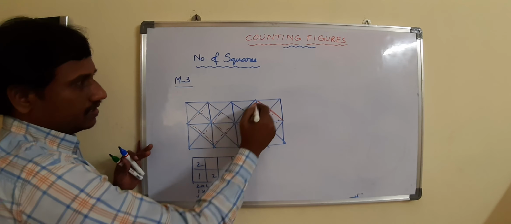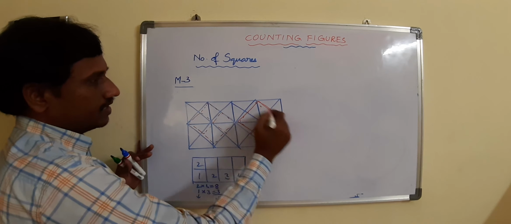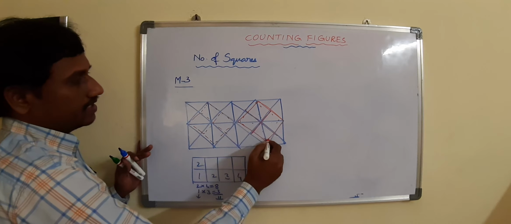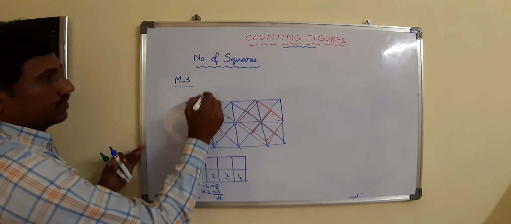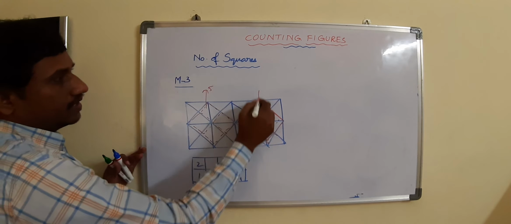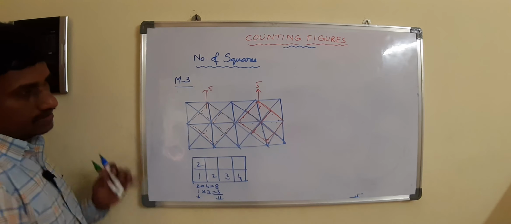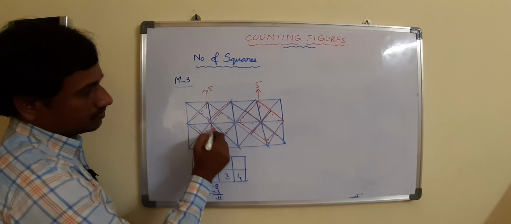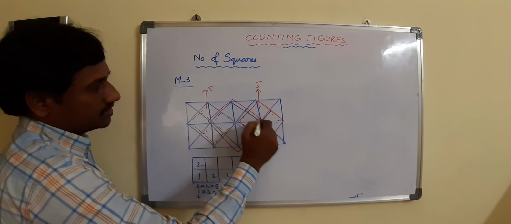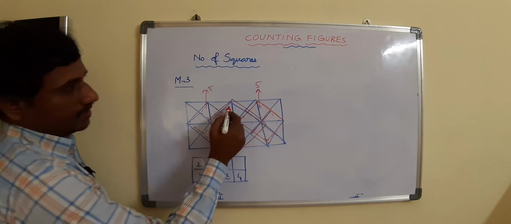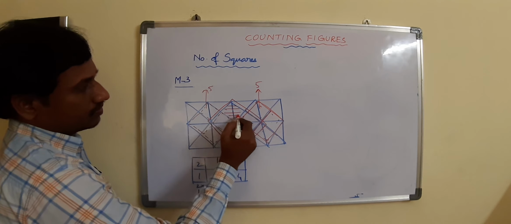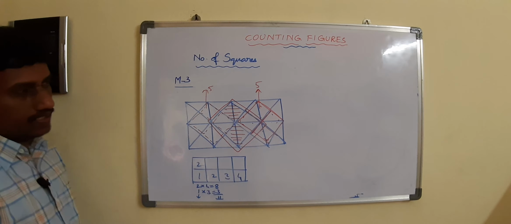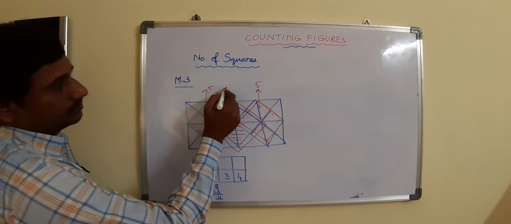Why? Because if you take this as a square, it is also 1 square. And if you take these two, dividing means again 2 by 2. Again here also 5, here also 5. Here we are having 5, here we are having 5. Is there anything extra we are having? Just observe here. This is one more, and here 1, 2. Total how many extra we are having? 3.